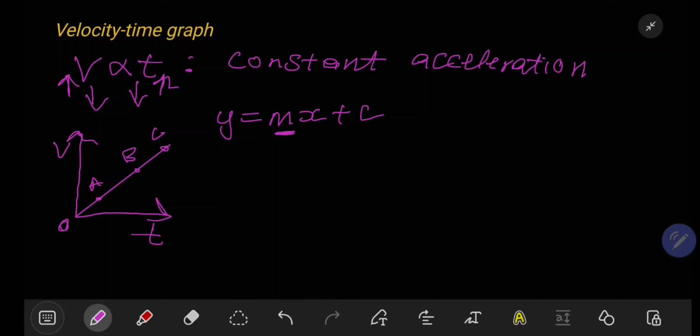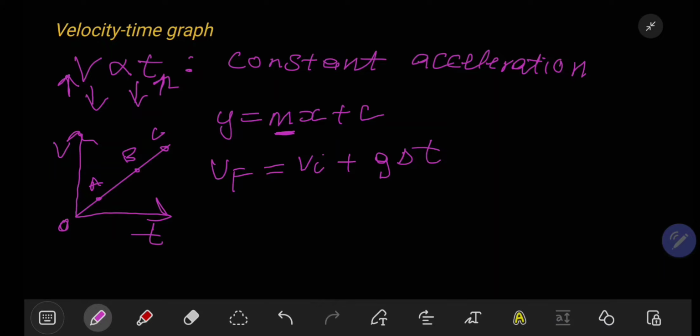Then we bring in the formula which was derived to form the equations of motion in vertical projectile motion: Vf equals V initial plus the gravitational acceleration multiplied by the change in time. So this formula best describes the relationship between velocity and time, and it will show you the direct proportion